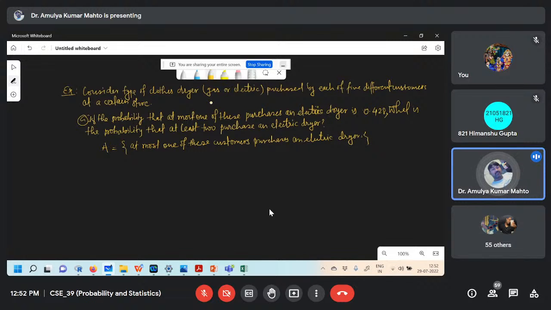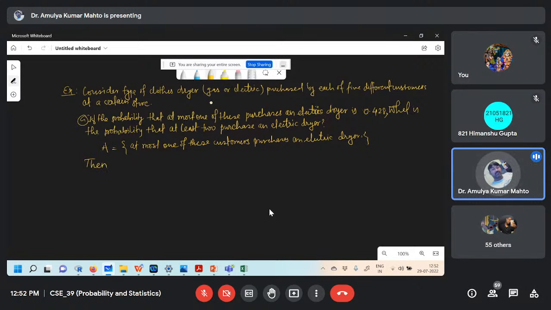So if you think that saying at most one customer and then saying at least two, at least two means 2, 3, 4, 5, because there are 5 customers, so two of them will buy electric, 3 of them will buy electric, 4 of them, 5 of them, like that. So actually this event A